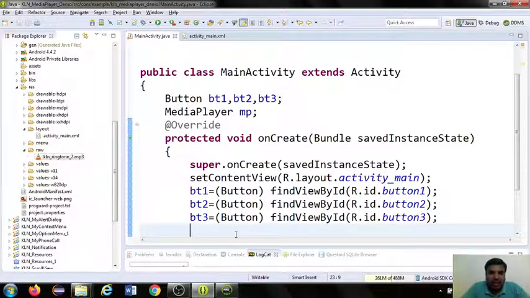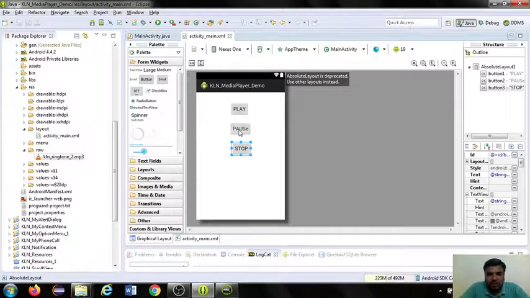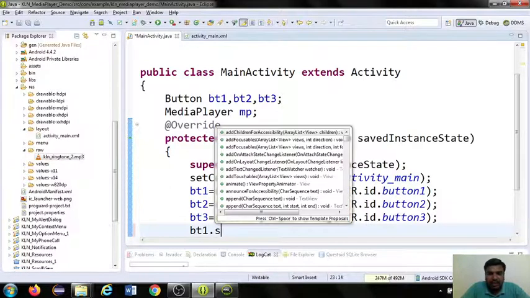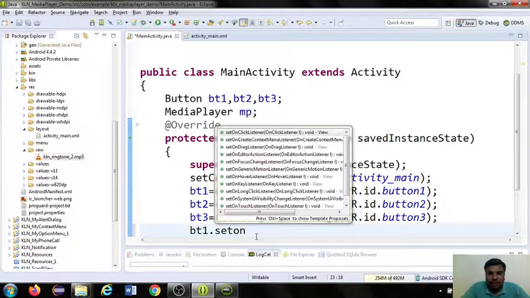Now you have to associate each of these buttons with the setOnClickListener callback method, because once any one of these buttons is clicked in my activity, it has to do some task. That task should be written as business logic inside your onClick event method. So before that you have to associate each button object with the setOnClickListener callback method.